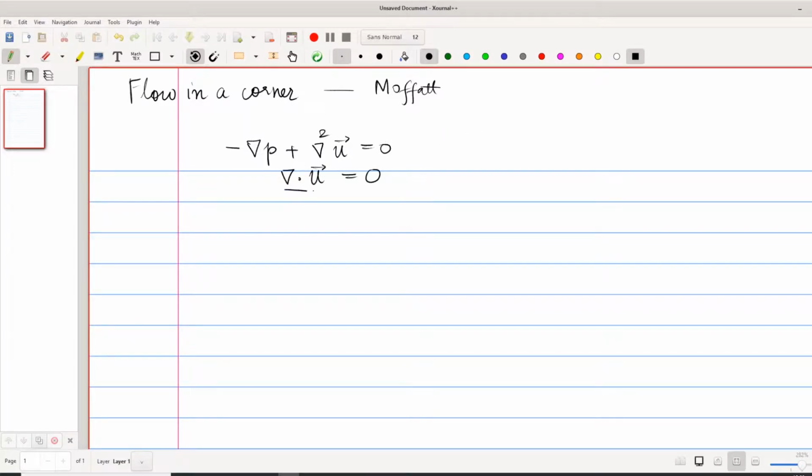Given that the velocity field is divergence free, we may write the velocity field as a curl of some vector. Everyone knows this. And let us consider a two-dimensional field where the flow is confined to a plane. We want to construct a velocity field which is the curl of a vector and is confined to a plane. Any vector A can also be written as